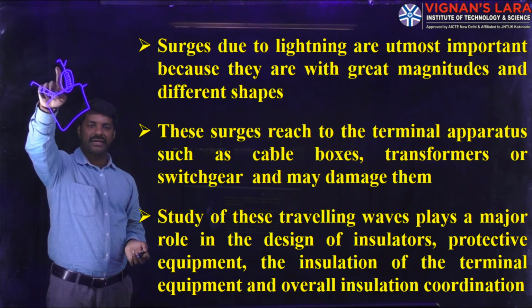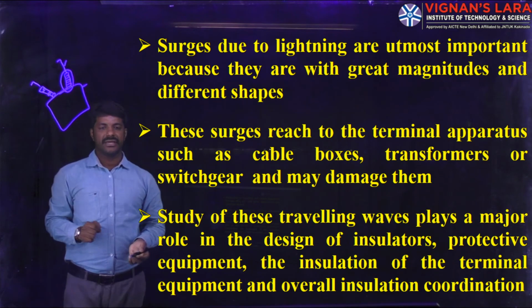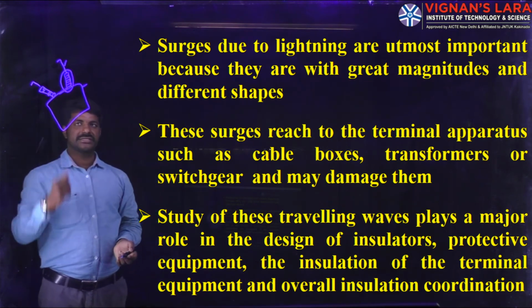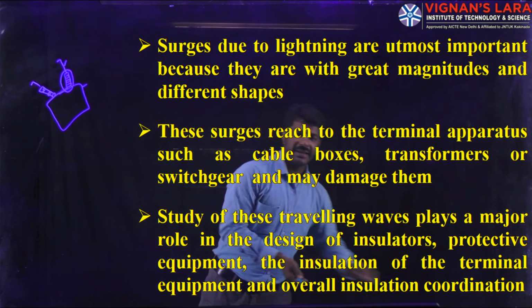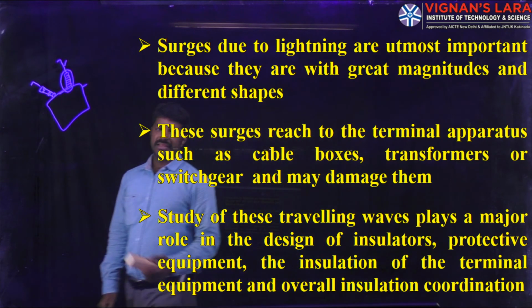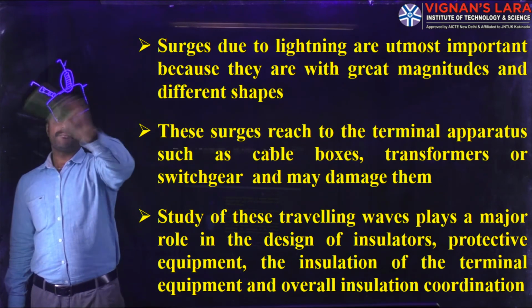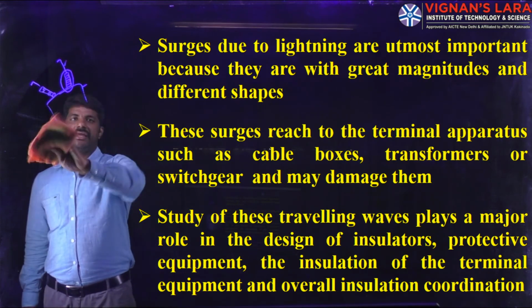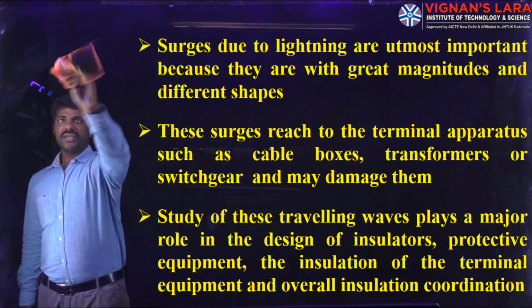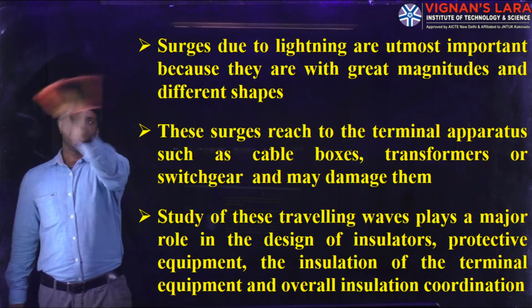So this we call insulation of the terminal equipment. Okay. So this study of the traveling waves will be helpful for us in designing the insulation of the terminal box, terminal equipments. And also it will be really helpful for overall insulation coordination, because the insulation coordination in general